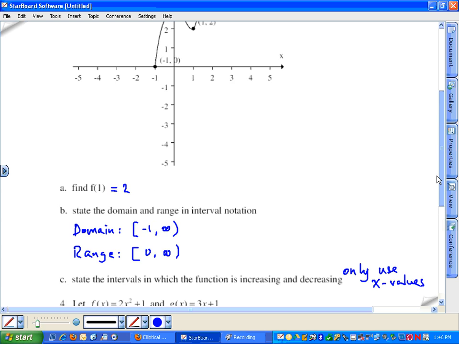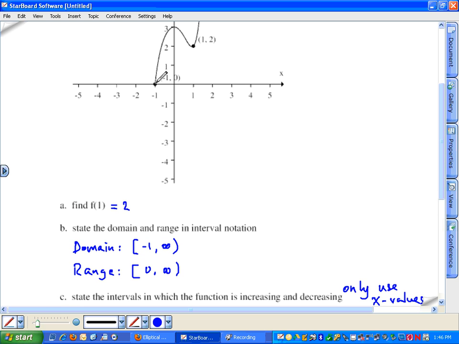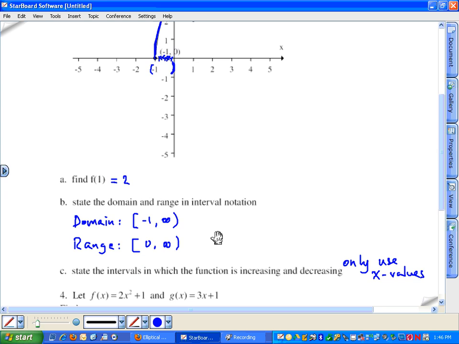So if you take a look at this piece right here, starting at the x value of -1, from left to right, if you look at this graph, the y values are increasing, they're getting larger. So for which x values is that true? Between -1 and 0 right here, all of these x values represent an interval where the y values are increasing. So an increasing interval